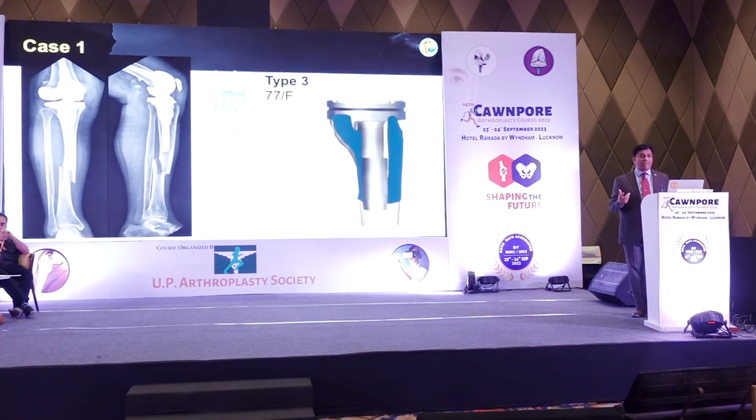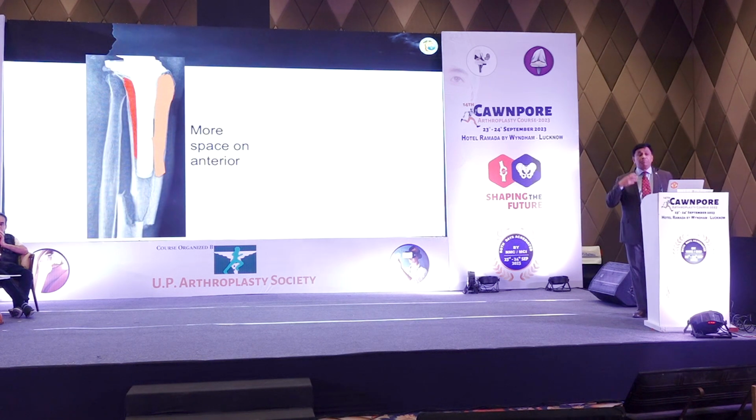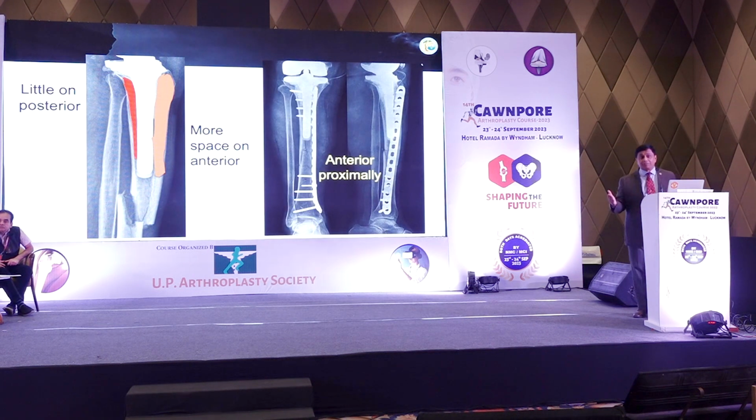So, a type 3 fracture in an elderly lady, this time even with a long stem prosthesis. So how do we fix it? Where's the bone? Let's analyze. If you see, there's more bone available anteriorly to the stem and less bone available posteriorly to the stem. Now, this is your guiding factor. Hence, I prefer to put the plate on the anterior aspect proximally. By placing the plate anteriorly proximally, you will have not only the ability to put in more screws, but even bicortical